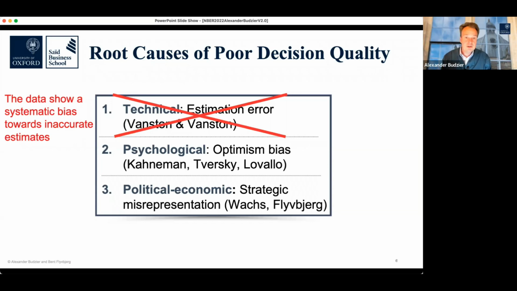So just showing 1 in 200 projects, that is more than an error. There's a systematic bias in the data, which then leaves the question, how do we bring behavioral economics into the game, through the great work that Kahneman and Tversky and everybody after them have done around decision-making biases. And the second question is around the great work that Martin Wachs has done a while ago on